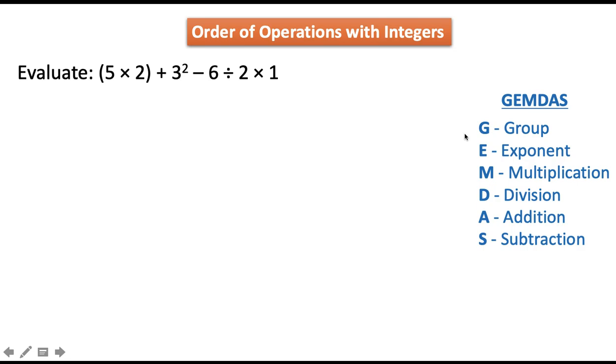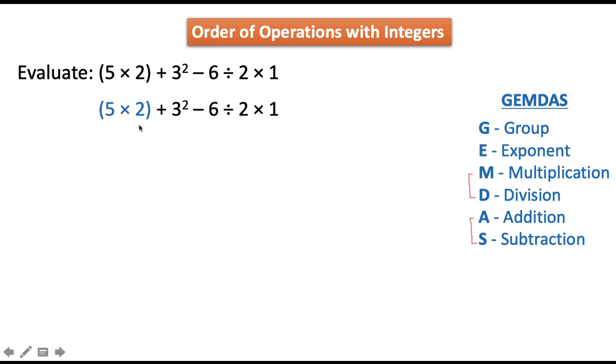So when you say group, we are referring to the grouping symbols: parentheses, brackets, braces, including vinculum or the bar line of a fraction. Then followed by the exponent, if there is an exponent in our given. Next, operations are multiplication or division. Okay, so whichever comes first from left to right. And lastly, addition or subtraction, whichever comes first from left to right. So the first letter of these words forms an acronym GEMDAS for us to remember this easily.